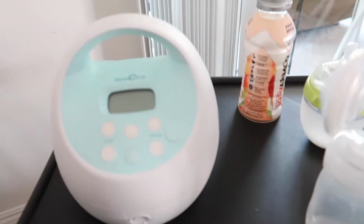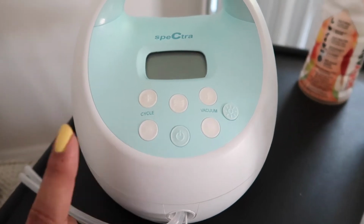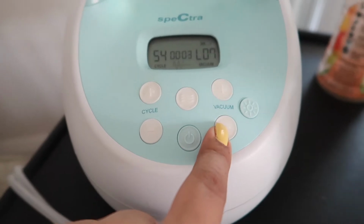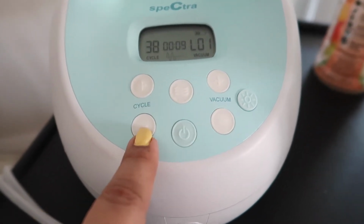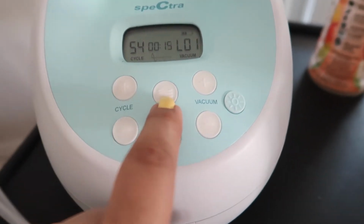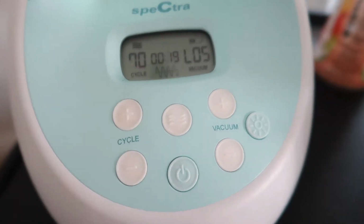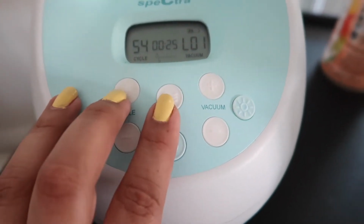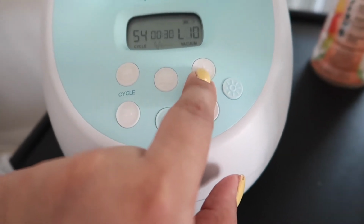So let's talk about the pump I use. I do use the Spectra. This is the Spectra S1. I highly recommend this one because it has a bunch of different settings. Like if you want to change the suction, if it's too much for you, you could change the cycle, the way the suction is. There's just a lot of different settings on here. It also has the letdown mode, which I only use most of the time. Every once in a while I'll switch over to cycle,